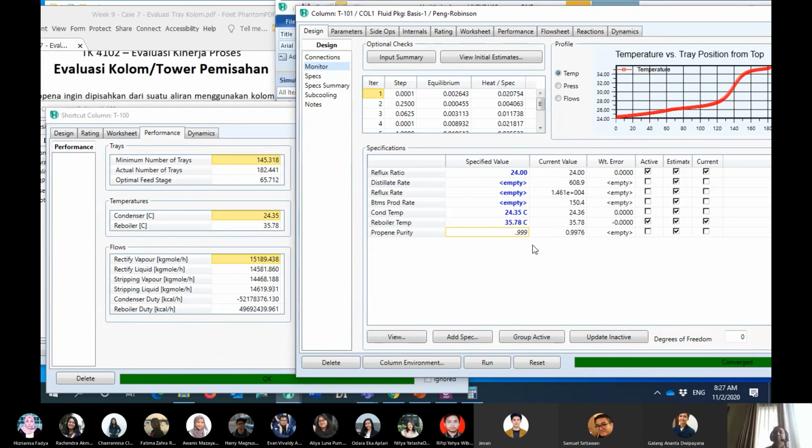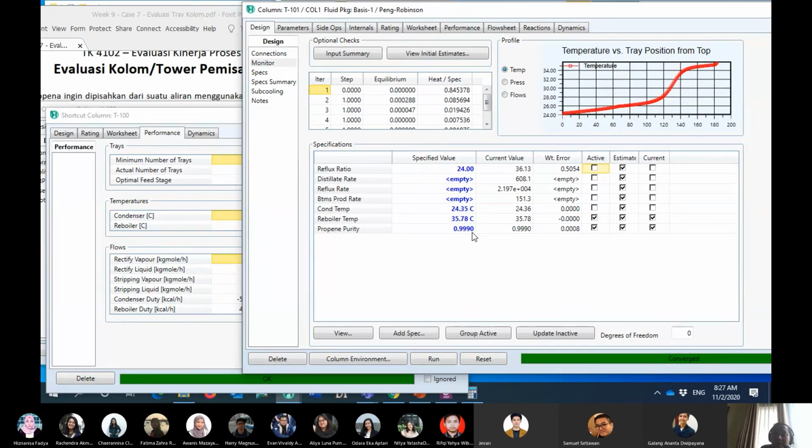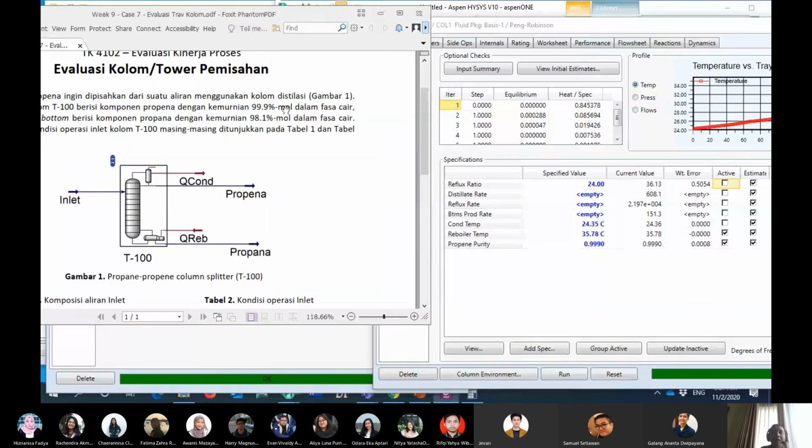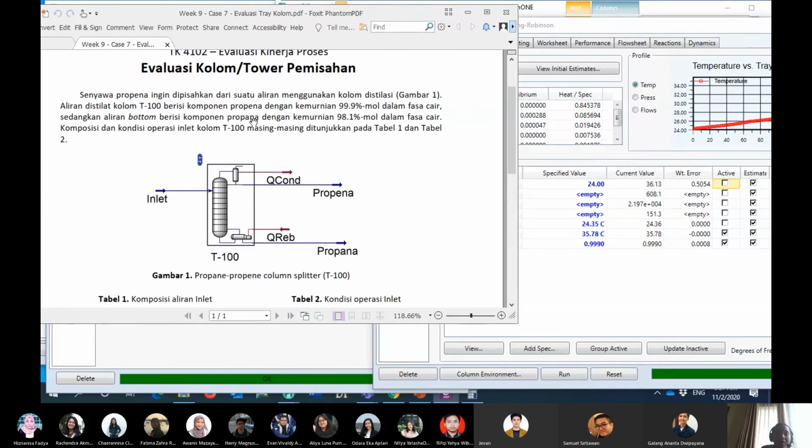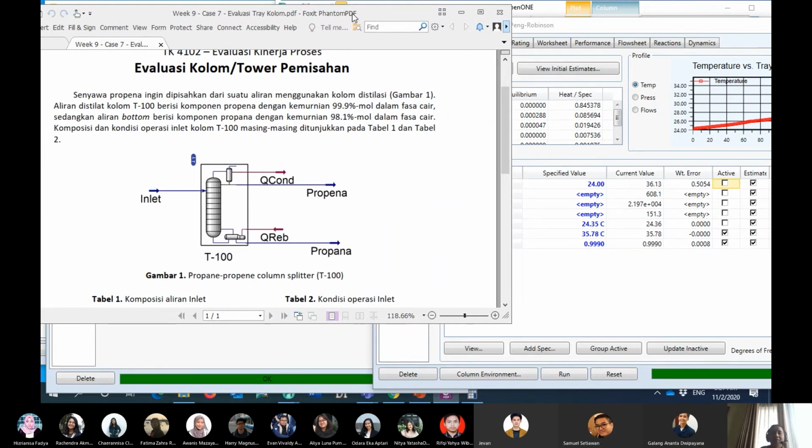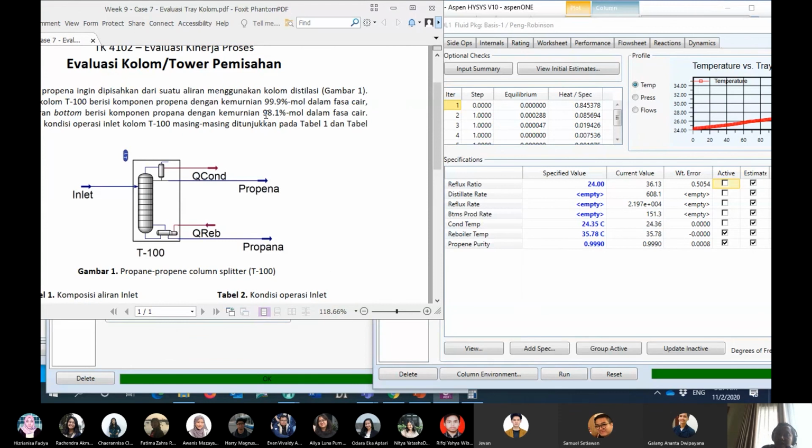value. Okay, what I have to do? Okay, I've checked this one and I checked one of the reflux ratio or reboiler temperature. Okay, I will try to check this one. Yeah. Okay, this one already matches the specification. Yeah. And then the second one about the propan. Propan is around only 98.1. Okay, so I will add spec